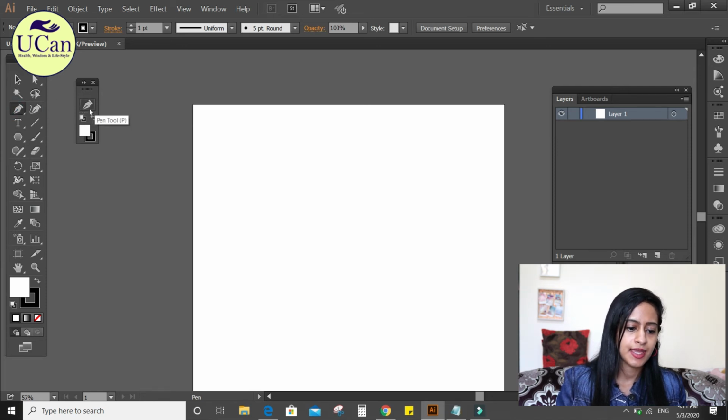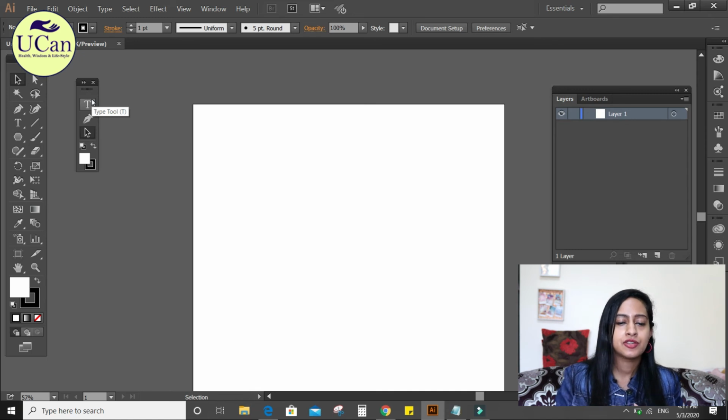See, the pen tool came on your new toolbar, and if you want the type tool, you can drag it, you can drop it there. So you got 2 main tools here which you are learning. If you want to drag the selection tool, you can go ahead and do that and just drop it. You will get all the tools over here which you are learning and which you have learned or which you are planning to learn, so that you can set up your own toolbar.